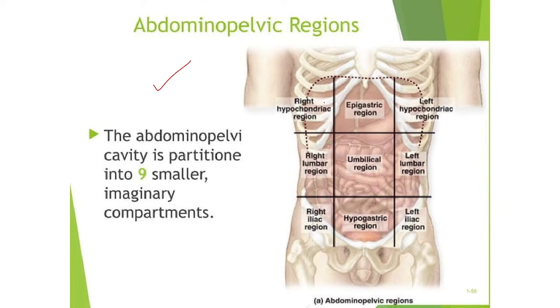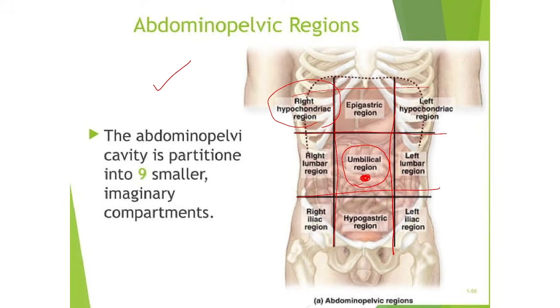Once again, this is a very important abdominopelvic region. When we divide our abdominal region into 9 quadrants, like this we are dividing. Here you can see the abdominal and pelvic region divided into 9 quadrants, 9 divisions. Each quadrant has a name. First we will see the center portion, where our umbilicus is located. This region is known as the umbilical region.